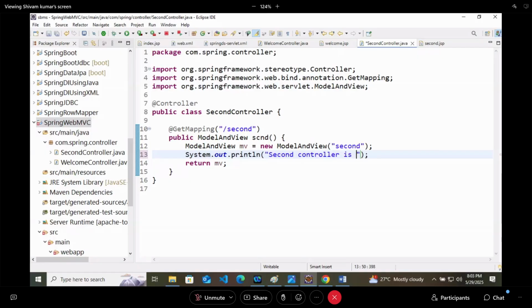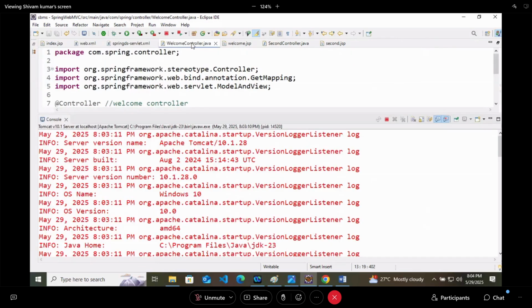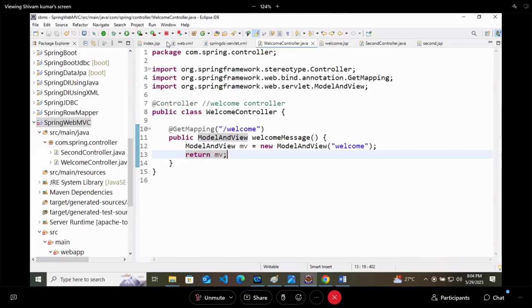In welcome controller also I will do the same thing. Before returning the page, I will attach one print message to the console that welcome controller is called.